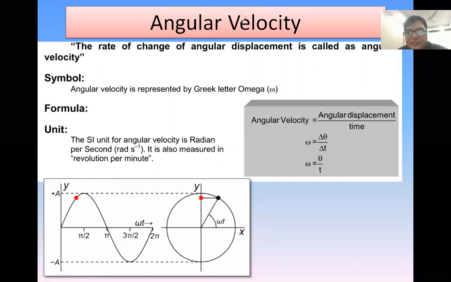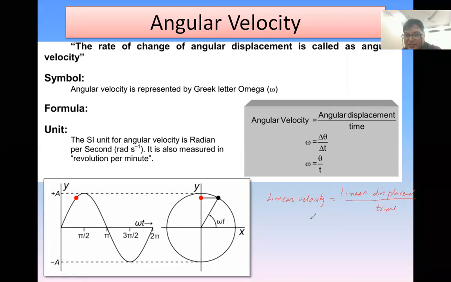what is linear velocity. Look at this one, linear velocity. Okay, it means that for linear velocity we must need linear displacement. Very clear. Linear displacement over time. Very clear, my dear students. Linear velocity is linear displacement over time.